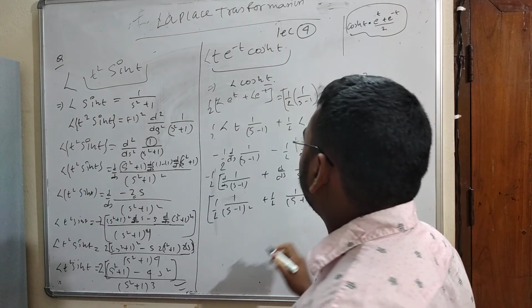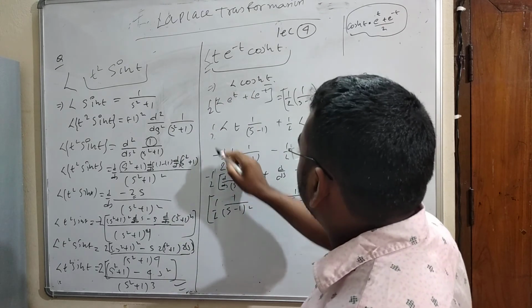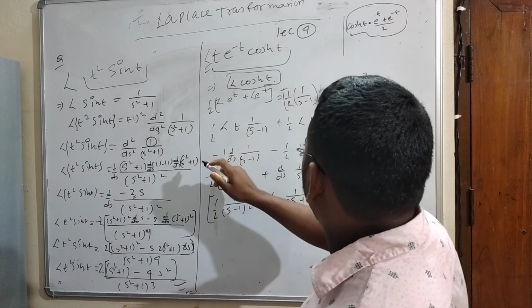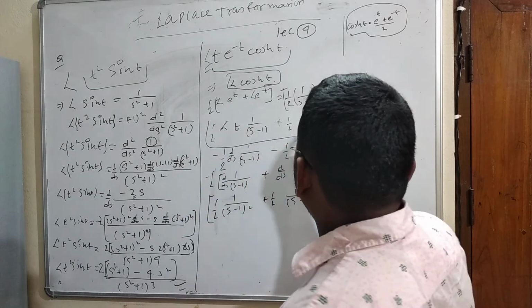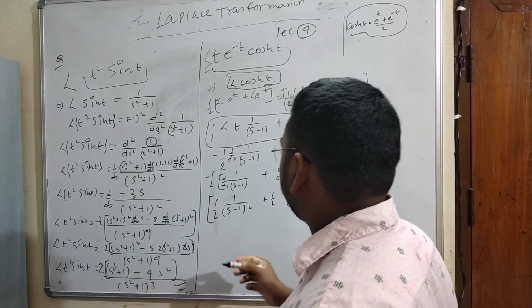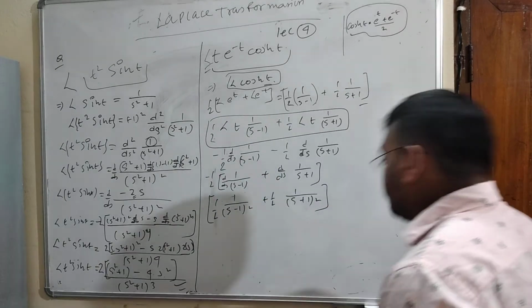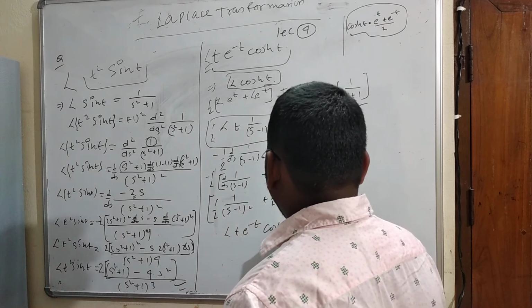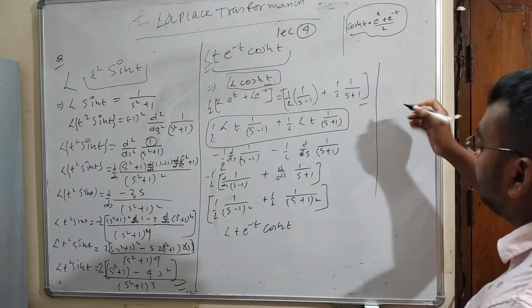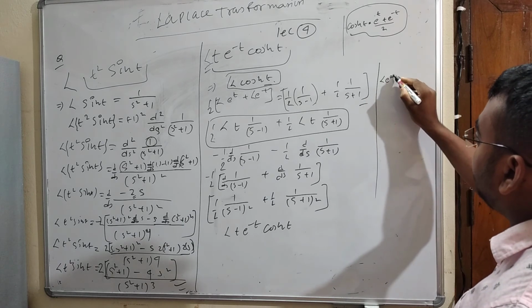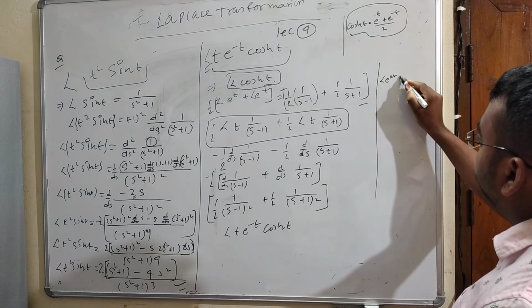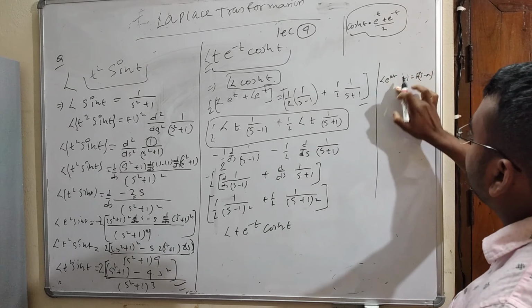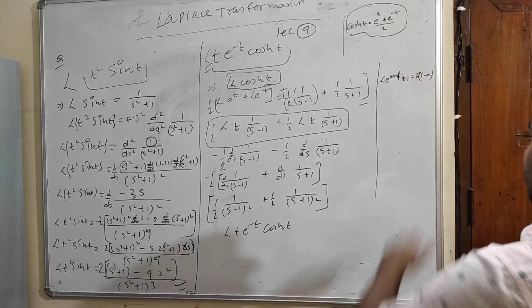So now we find the Laplace of this question, taken into three parts. First of all, this part. Second, we take this part. And third, we take the first shifting theorem. So it will be Laplace of e to the power minus t times cos hyperbolic t. The first shifting theorem was already discussed in the previous video. It is Laplace of e to the power at f of t equals F of s minus a, where F is the transform of small f.